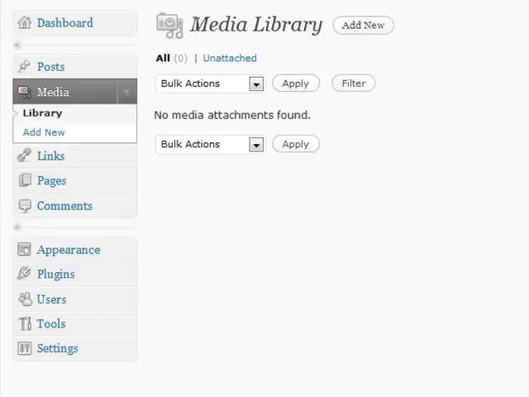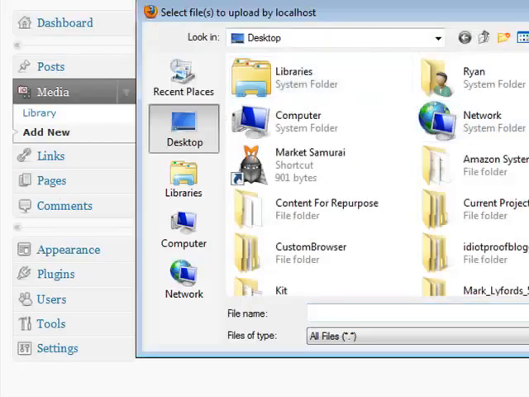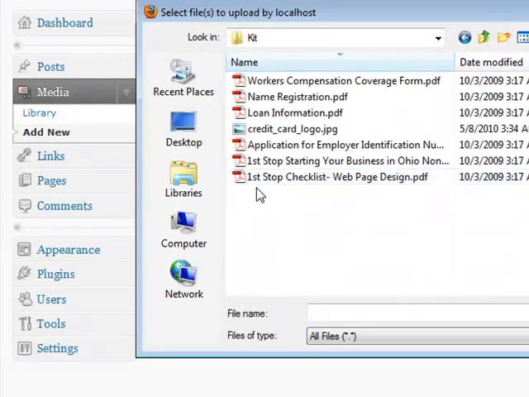Your media library is basically going to look a lot like all your other things, such as your editing posts and your editing users and stuff like that once you get media into it. So in order to add new media, obviously you can go under the media and hit Add New, or the Add New button next to the title. And it's going to give you an uploader to select. So you click Select Files, and we're going to go to an individual folder,